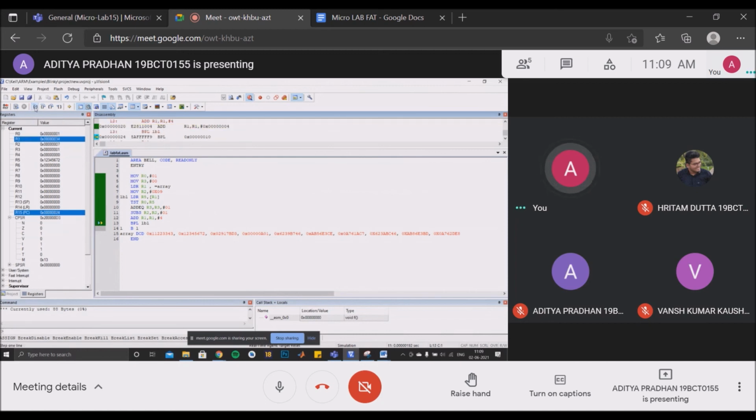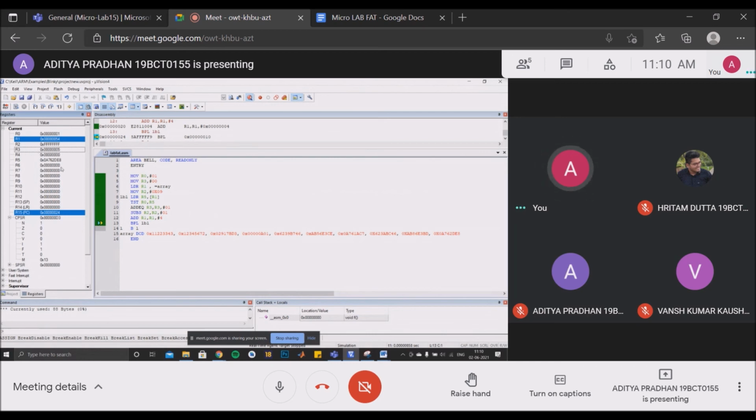Now my friend Aditya will run the program to show you the output. So as we have completed the execution of the program, the value in R3 is 5.